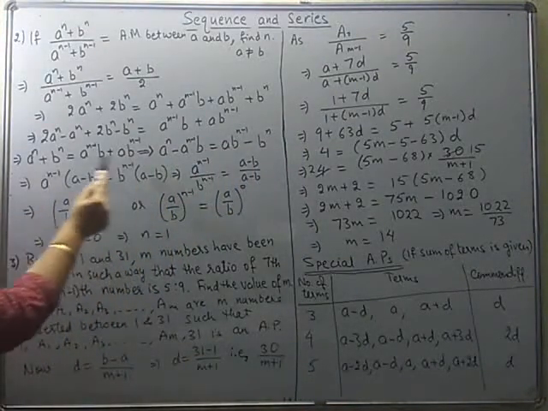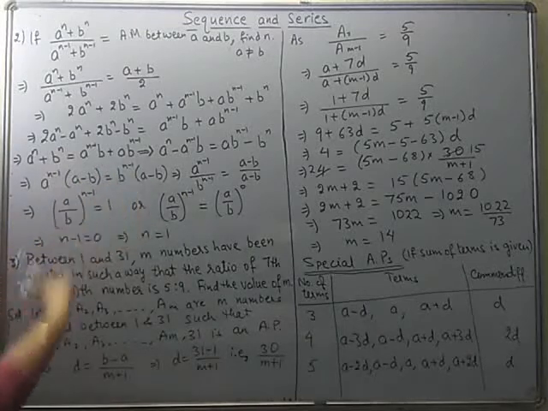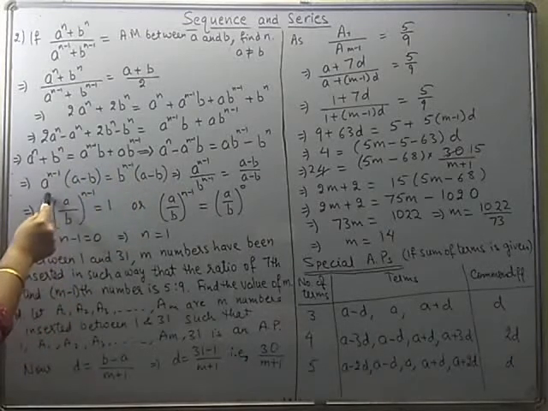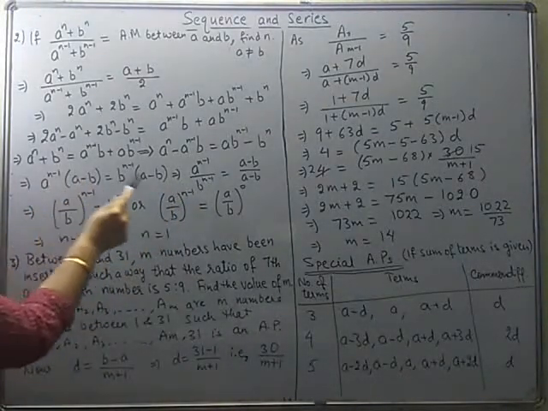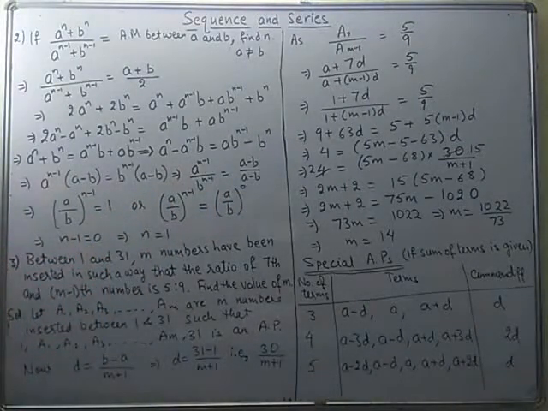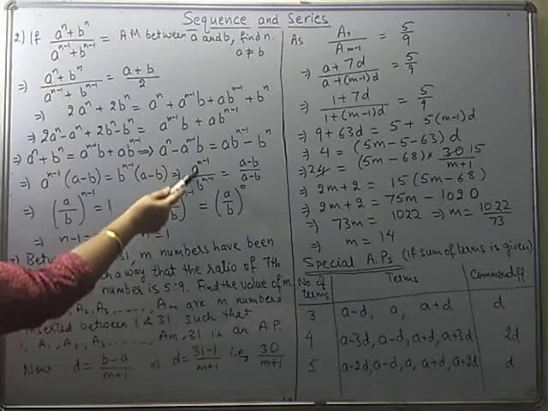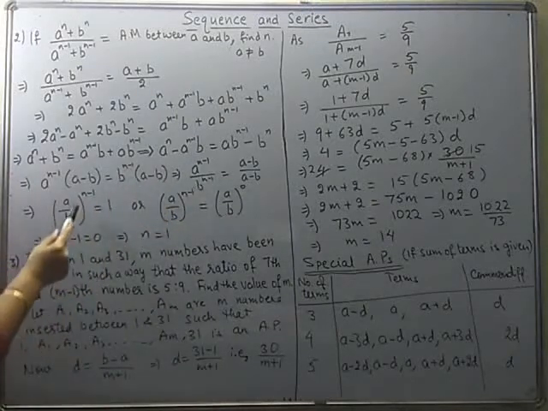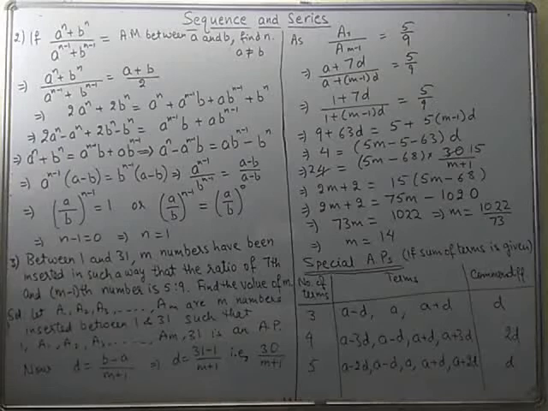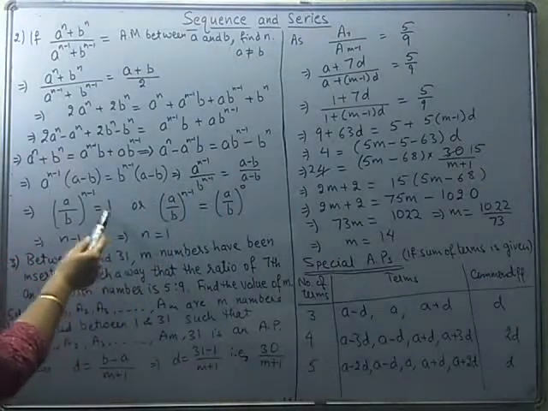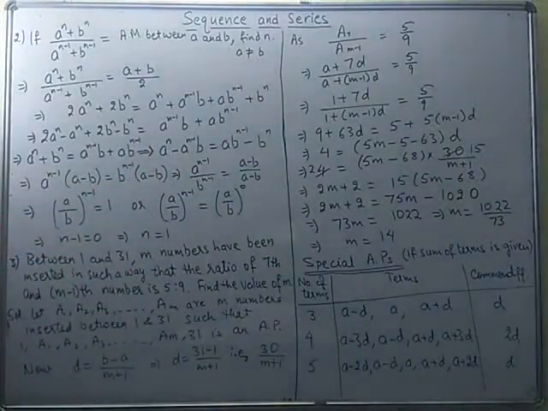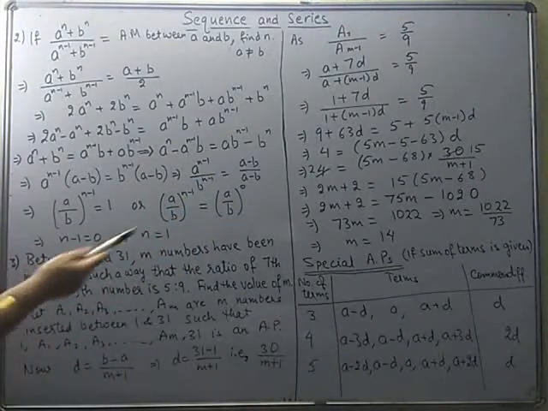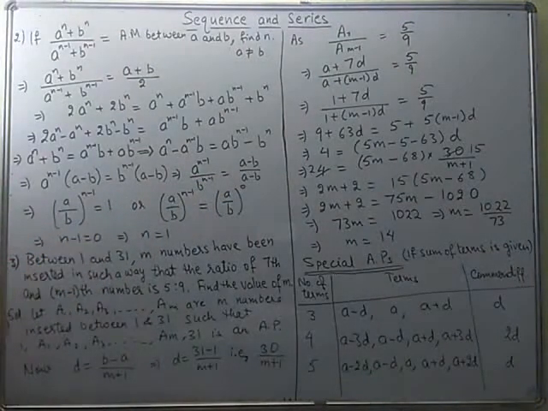Now focus on this equation. You will find this is a common factor on both the sides. Now if I cross multiply these terms, like cross multiplying B to the power n minus 1 in the denominator and this A minus B in the denominator of the right hand side, because they both have a common exponent, we can write it as (A over B) whole with the exponent n minus 1, and these two get cancelled out, we get 1. Why can we cancel out these two? Because it is already mentioned A is not equal to B. So the difference will come out to be some number other than 0 and both will be the same. So cancelling out both, we get 1.